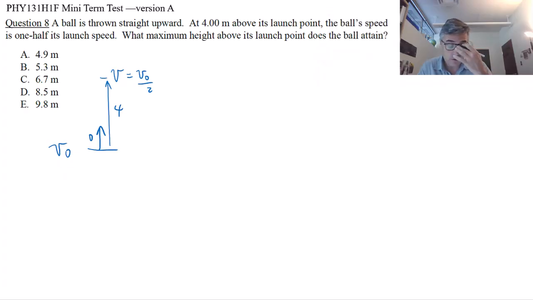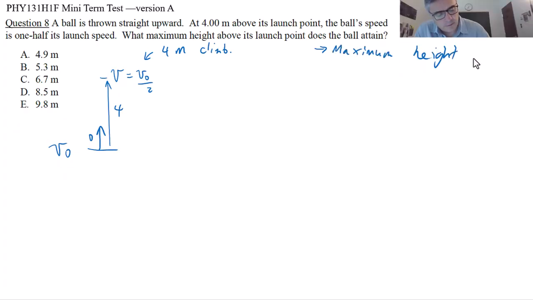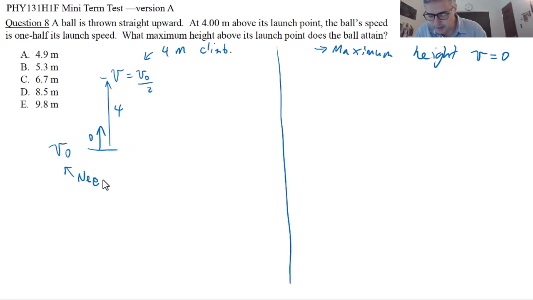So there's sort of two parts to this problem. This is the 4 meters climb, and then there's the maximum height, where you'll get v is equal to 0. The final vy is 0. So I think I'm going to split this into two. I'm going to try to find its initial speed, v0, and then we can plug that in to here. So what I'll do is I'll define